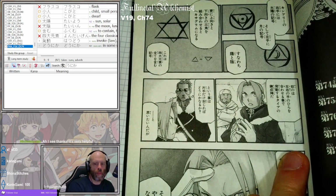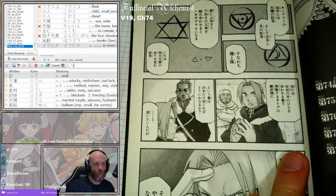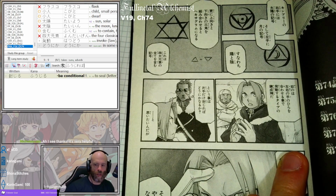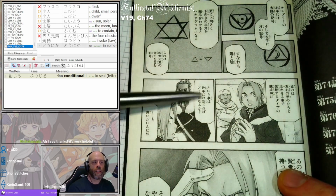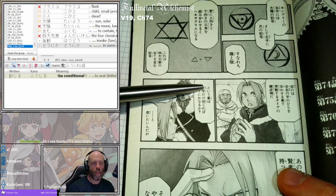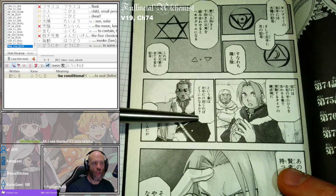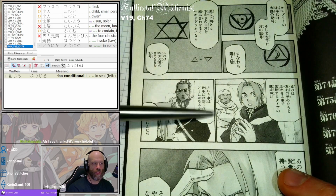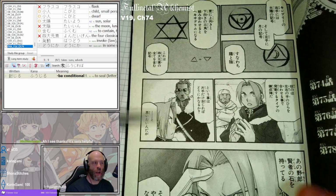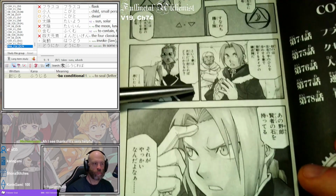Wait, okay, maybe that is not what I thought it was. Yeah, prevent with just one hand. Oh, I guess it's like, if preventing with just one hand, is that what it becomes? Is that what it all means? It's something like that. So Ed is saying, I want to think that it's that way, but